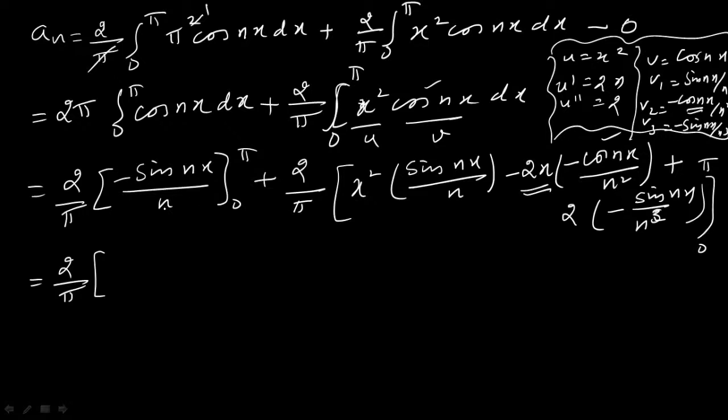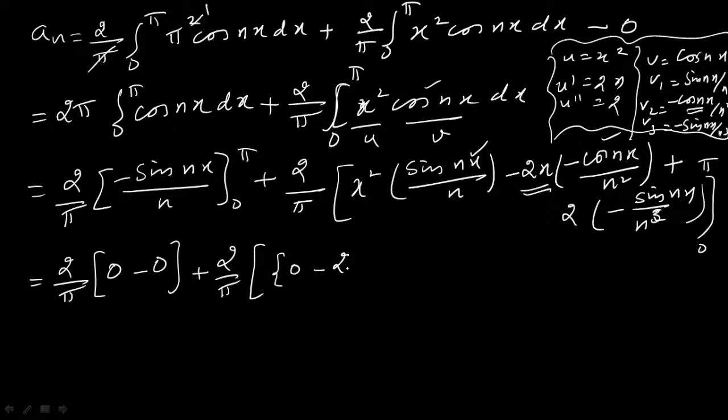So look here, let me substitute the limit. If you substitute the upper limit, what happens? Sin n pi. You know the value of sin n pi, 0. Minus, coming to the lower limit, sin 0. That is 0. So this term doesn't have any value. Coming to the second term, 2 by pi. So substitute the limit first, pi. So if you substitute the limit pi, sin n pi, first term becomes 0. Minus,